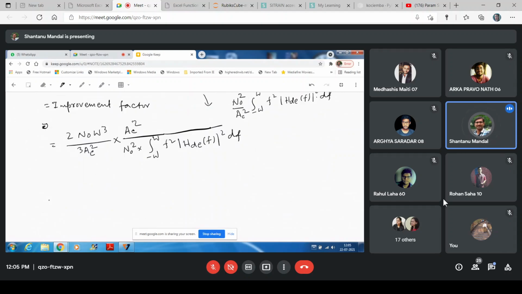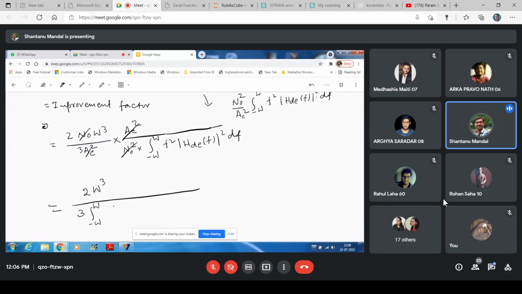So the improvement factor, this is equal to, N0 square cancel out, N0 and AC square, that is 2 into W, 2 into W cube by 3 into